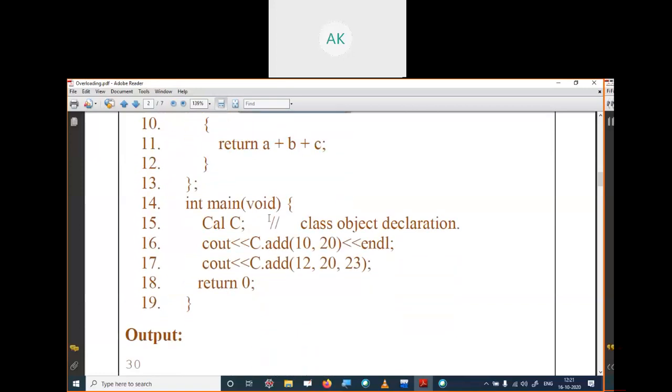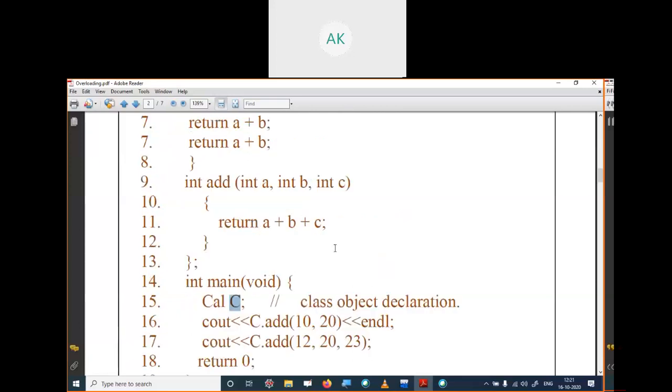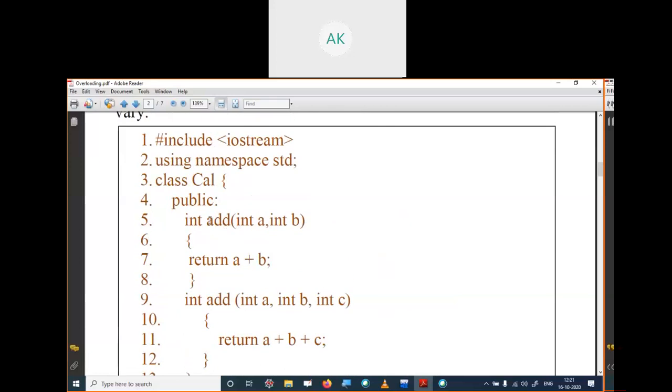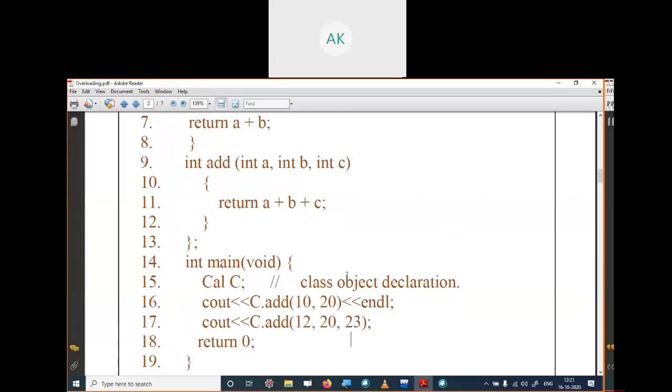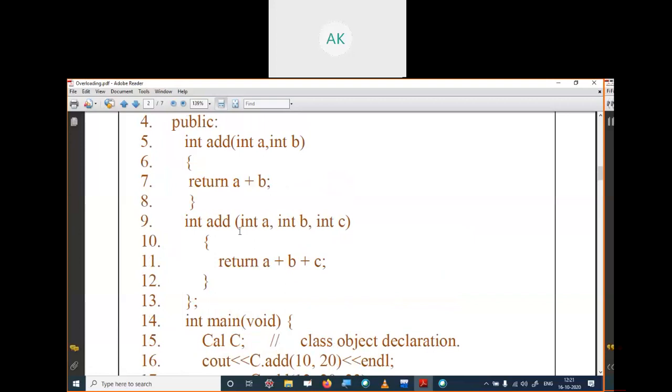In this program, we have created an object c of class cal, and we call the add method, c.add, passing two parameters, 10 and 20. So which function will execute? This function, because it has two parameters. In the next line we have called the method add. The function name is the same, add, but here there are three parameters. So we can easily understand which method is being called.